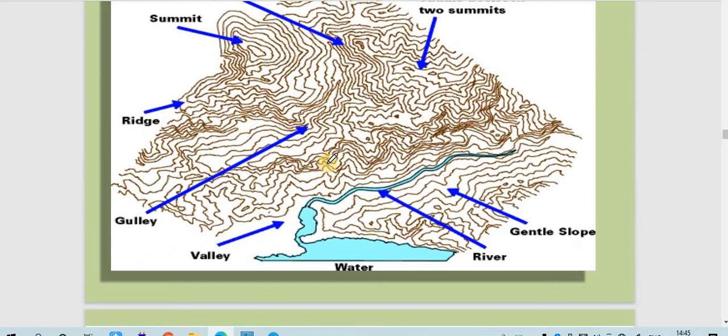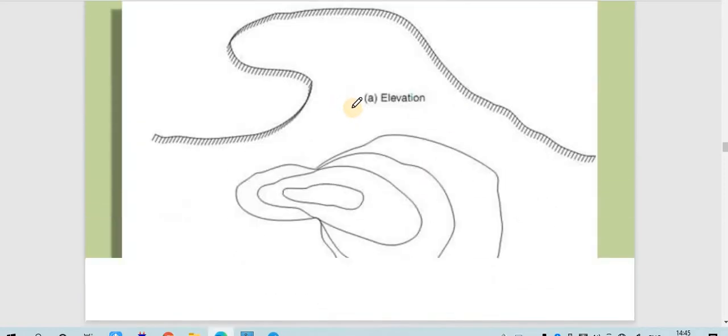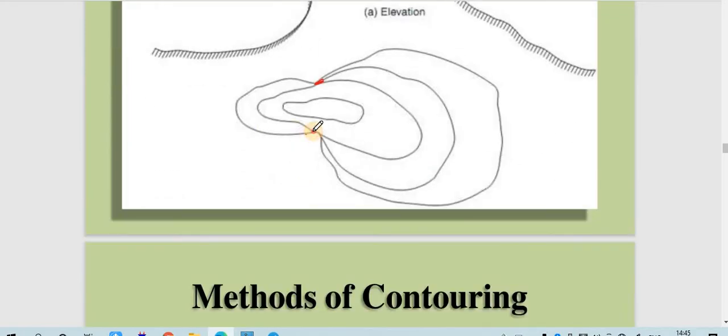So these are all the characteristics related to your contour. Over here you can see that there is an overhanging cliff. You must have seen these lines intersecting each other. These two contour lines are intersecting over here, and there is also one line intersecting over here. So in most cases your contour lines do not intersect each other, but in case of an overhanging cliff, they can intersect each other.